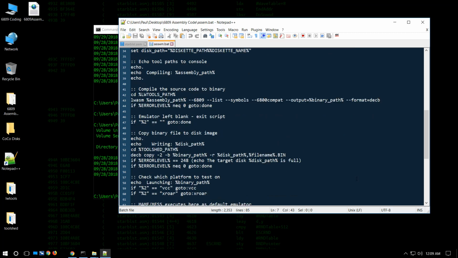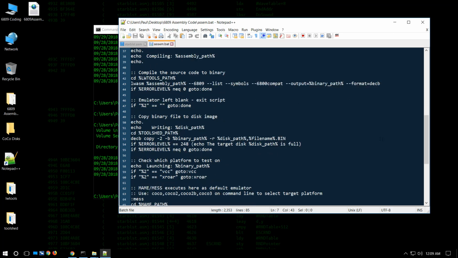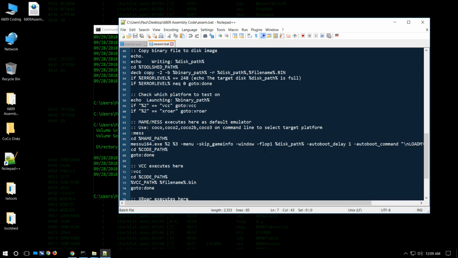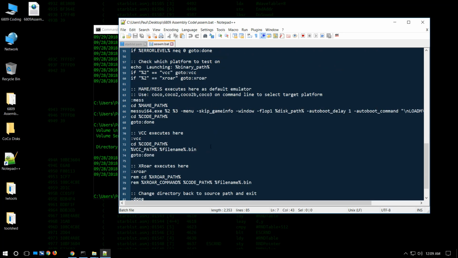So if there are no errors, it continues. If it does encounter errors, it'll exit out. Next, it'll do the ToolShed piece, where it'll do disk extended color basic, copy, and binary file type to the binary path. It'll overwrite the file name if it's already there, and it'll also let you know when the disk is full. And then down here is where it basically executes the emulator, and again, VCC is executing the binary directly